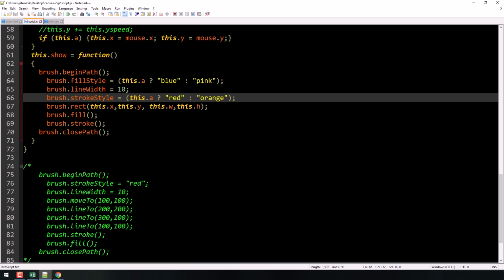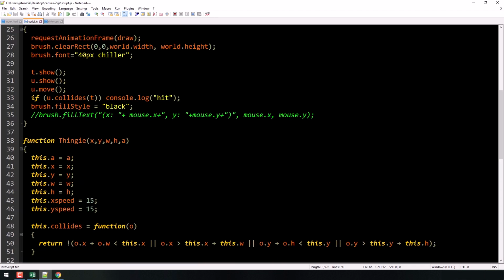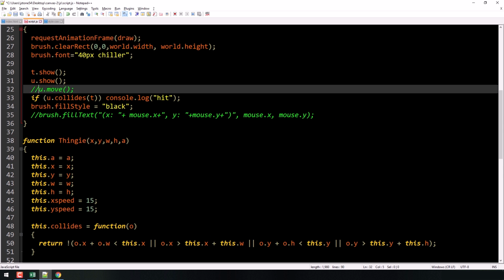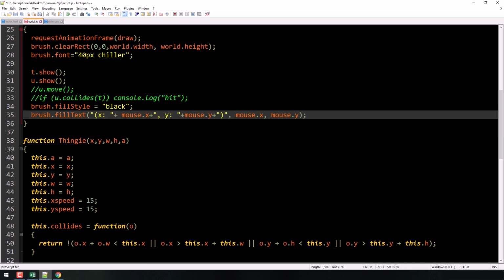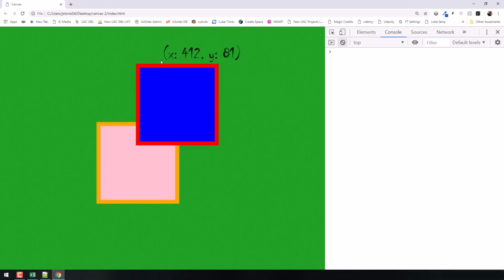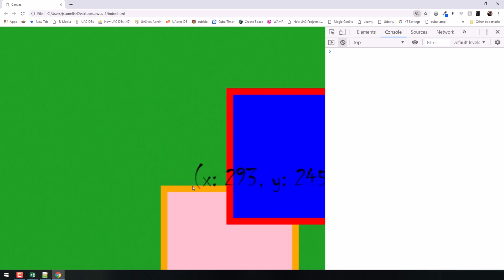So to show you what's going on there, I'm going to quickly not draw this U here, and I'm going to reattach the mouse text here, so you can see the coordinates, right? And so this particular square we created was at 250 by 250. Well, look where 250 is. Let me scroll way big here. Okay, it's right there. Notice that it's not at this pink corner and it's not at this corner. It's halfway in between, right? And my Y is at 251, so if I move my, there we go, perfect.